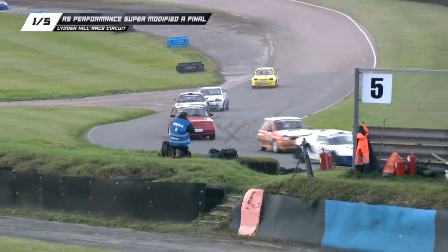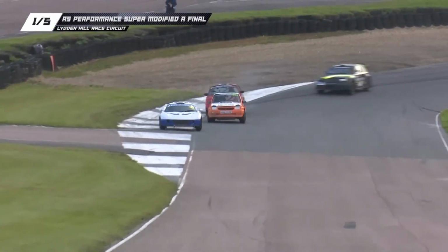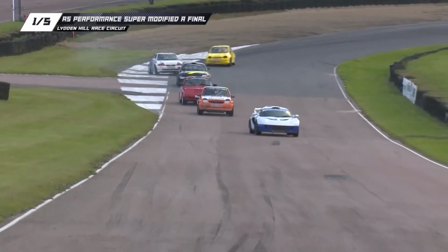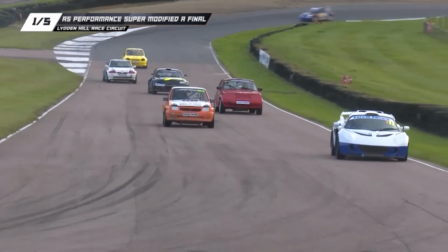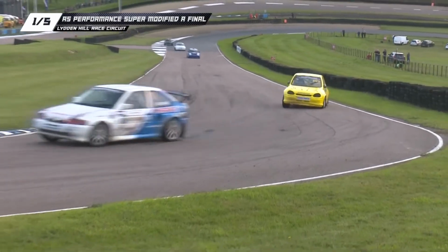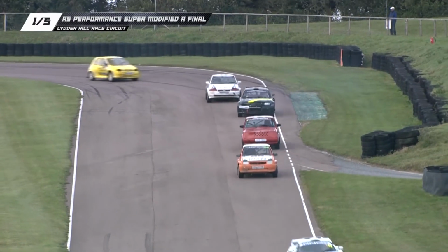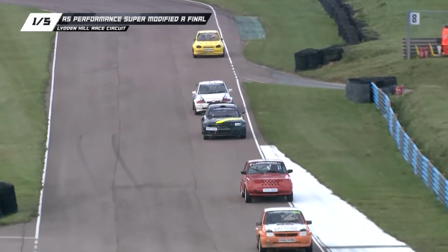He's got the engine from his previous Rallycross car, a Peugeot, in that machine. Pat Ryan in second, and it's the amazing Volvo 242 in third place of Kenneth Christiansen, all the way from Norway to race here at Lydden today. Raf Verheyen's got through into fourth, and then we've got Belgian Ludo Hermans in his Escort Cosworth fifth, ahead of Kieran Curran from Ireland in his